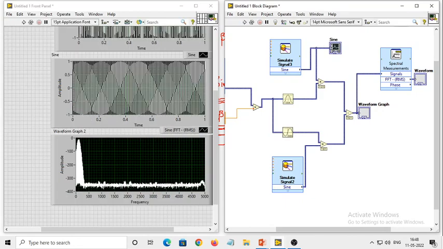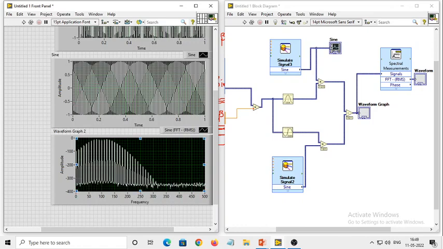Let me run this. And since this is a very large range, I will trim this range or zoom in. For that you can see that my frequencies are around 500. So I will make this 500 and press enter. So you can see that there is a carrier frequency at 100 and all the side frequencies are at Fc plus and also at Fc minus. Okay,